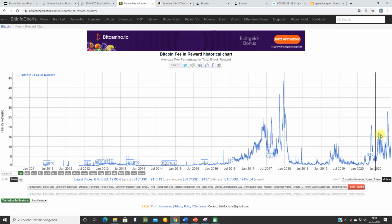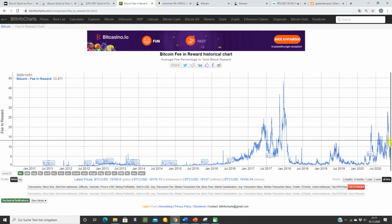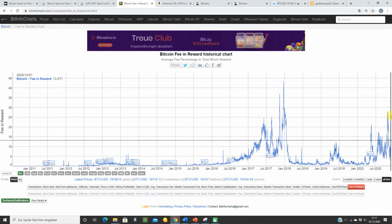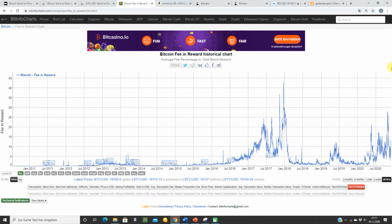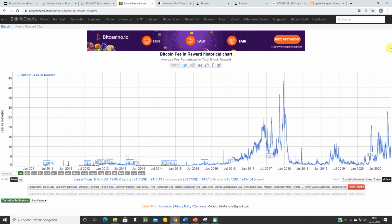So next bull run, the blocks will be very full, and the mempool is going to be overloaded. So from here we have from 4 to 40%, and maybe we can expect 400% here, 10x again, or 9x or something like this, 45 to 400%. So that would mean that the fixed block reward of 6.25 BTC plus 400% is 24 or 25 BTC. So we would have an overall block reward of 30 BTC per block in a very